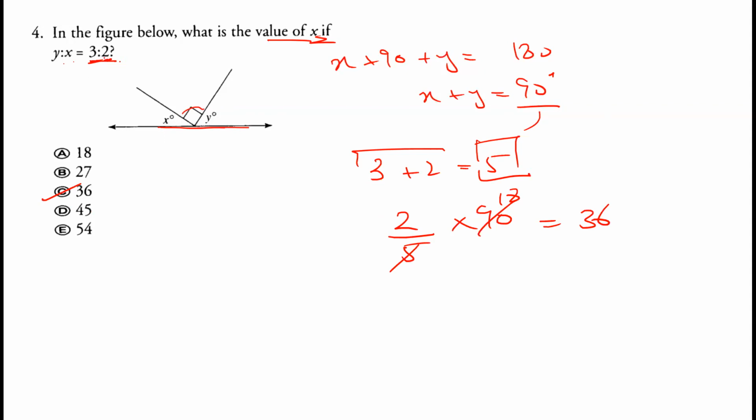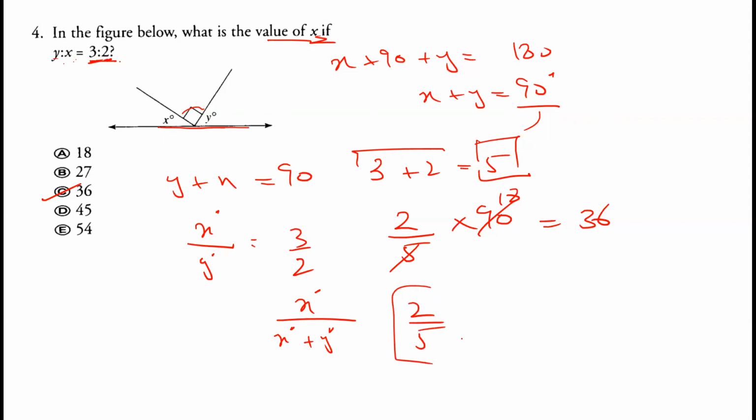Are you getting this? So the total, Y is to X, if we add Y plus X, this will equal 90. So X degrees is to Y degrees is 3 by 2. Now X degrees over X degrees plus Y degrees would be 2 by 5. So 36 divided by 90 simplifies: 6 6s are 36, 6 15s are 90, 3 2s are 6, 3 5s are 15. So again, 2 by 5.